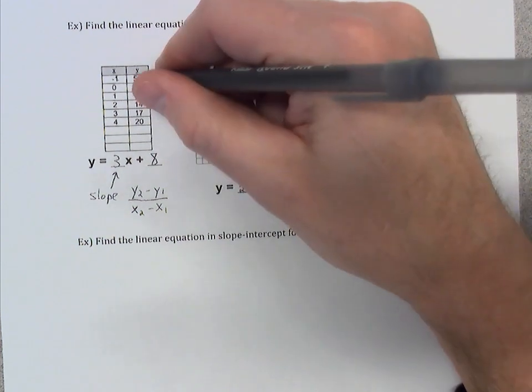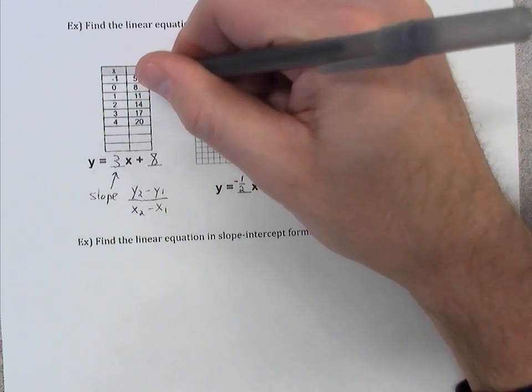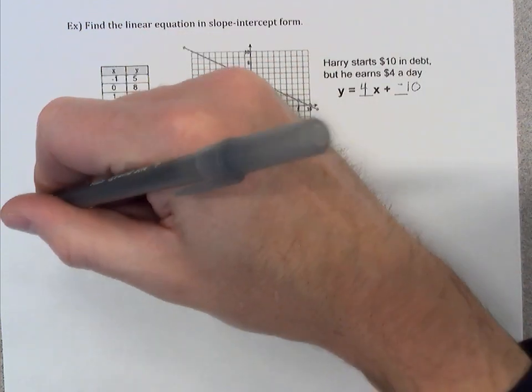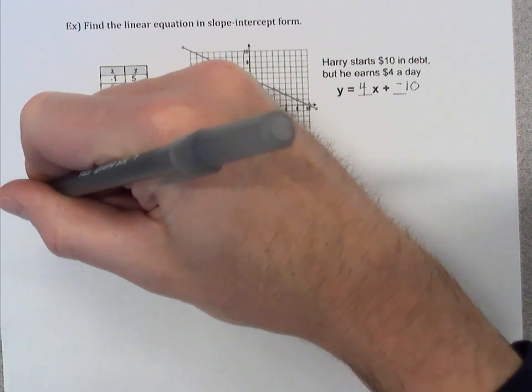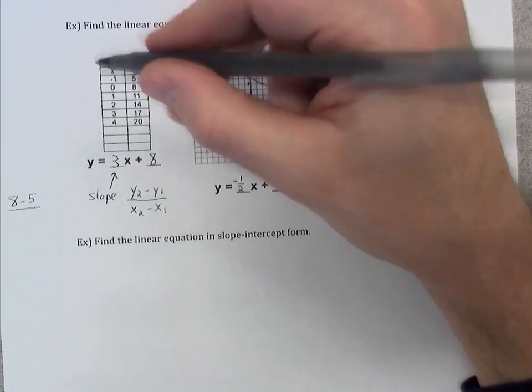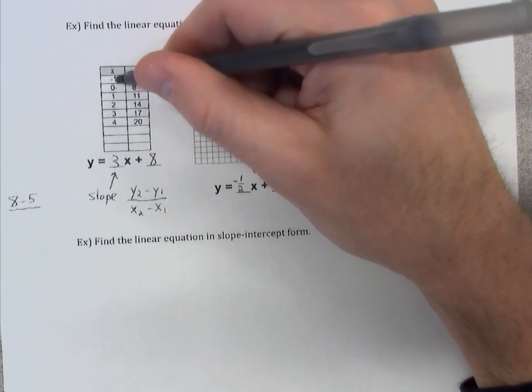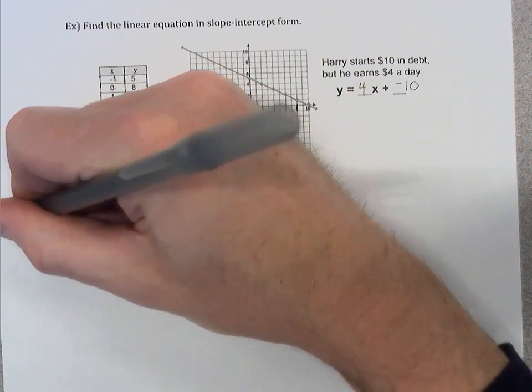So for example, if I pick 8 and 5 as my y2 and my y1, I'm going to have 8 minus 5 over, and then I have to pick the x values, which would be 0